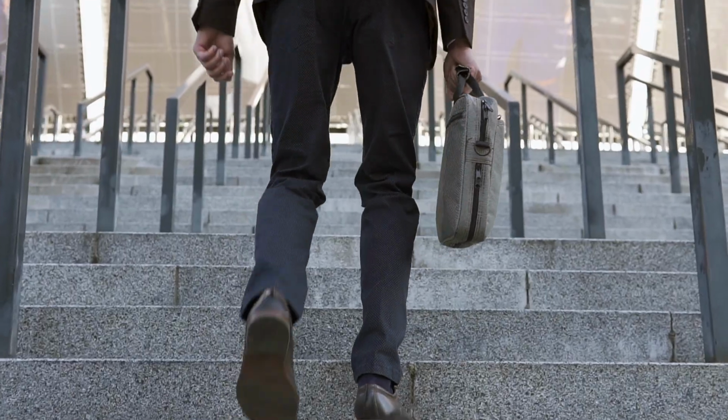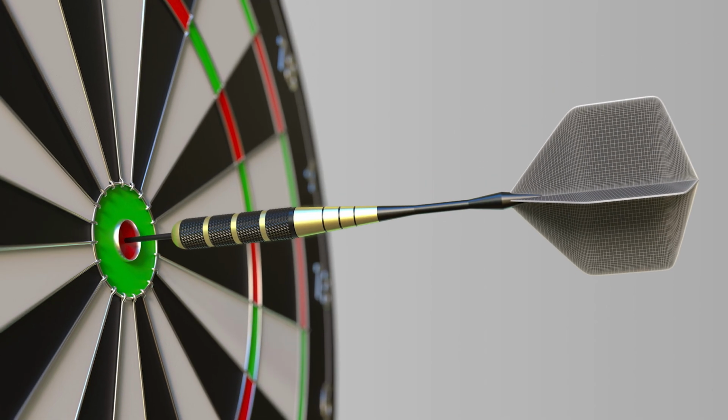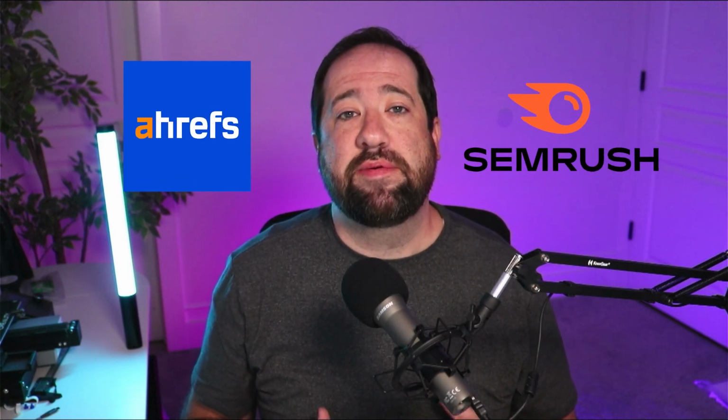The arena that you're playing in is the sorts of keywords that your website can win and can actually compete for. And there is a way to actually find this out. This is the most important step that you need to follow before you start picking keywords to target in your content. Now, just to make it clear, you are going to need to use a paid tool like SEMrush or Ahrefs to be able to figure this out.